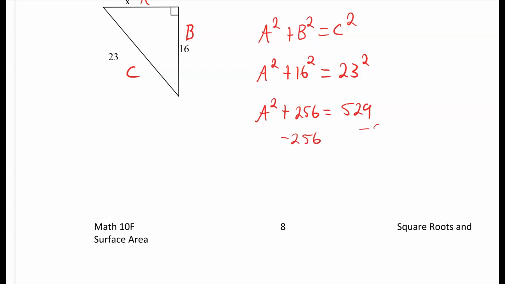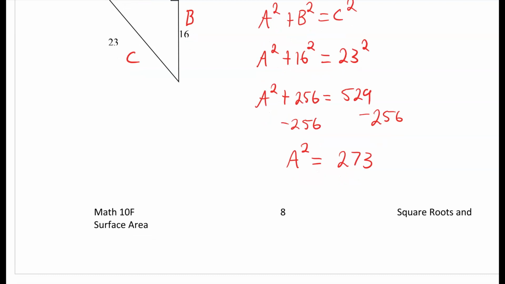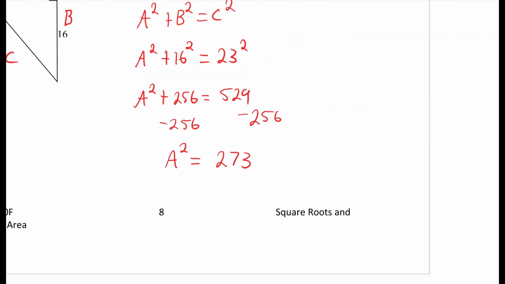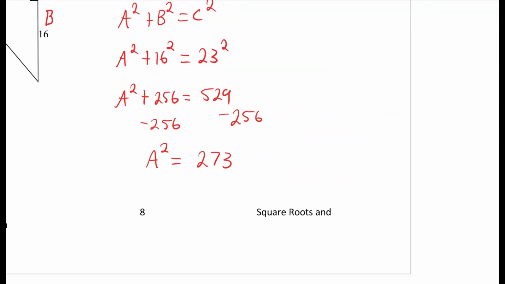So subtract 256, giving us a squared is equal to 529 subtract 256, which gives us 273. Now, to get the square off of a, we have to do our square root, and we'll find that